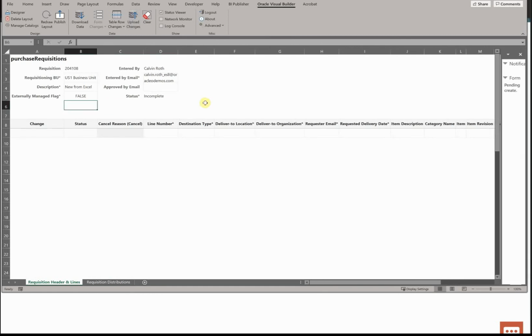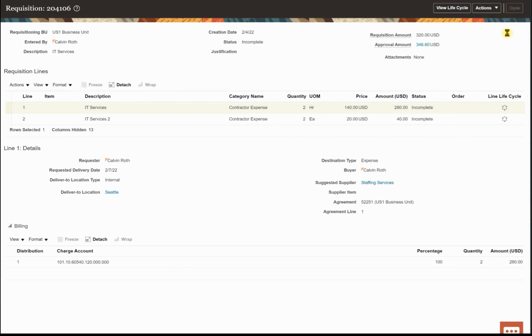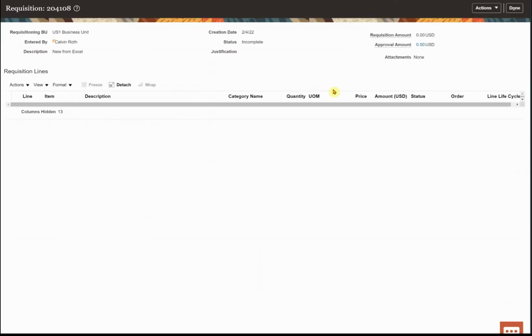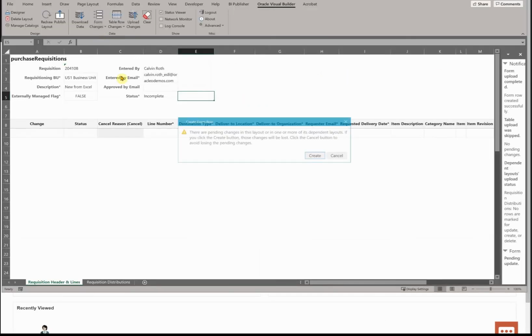So I got the new requisition number, it's 108. Let's go here, click on done, and you can see the requisition new from Excel is available. I click on that requisition, so requisition is available. Right, so this way I can create new requisition as well. Let's see one more time. Create new requisition,